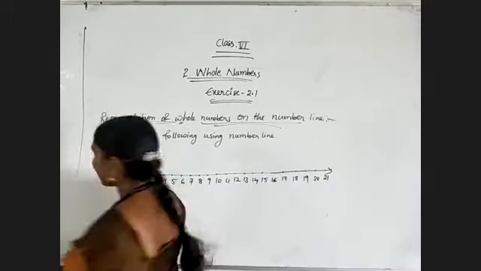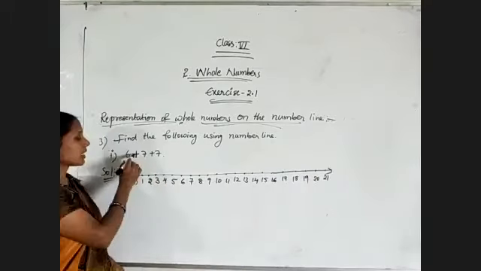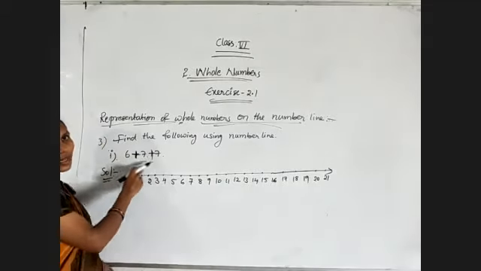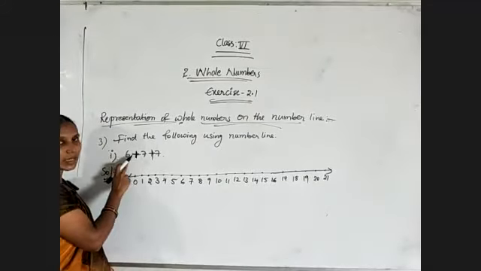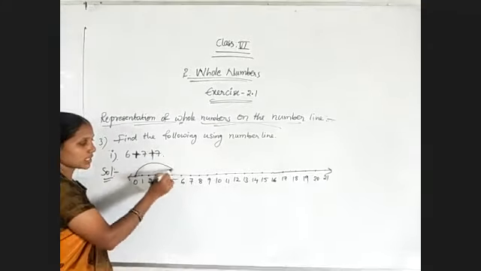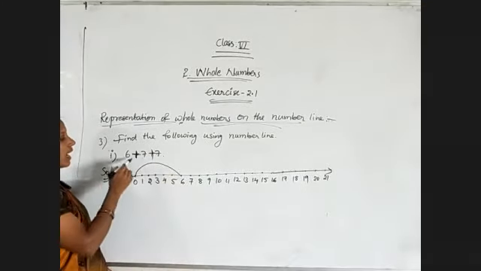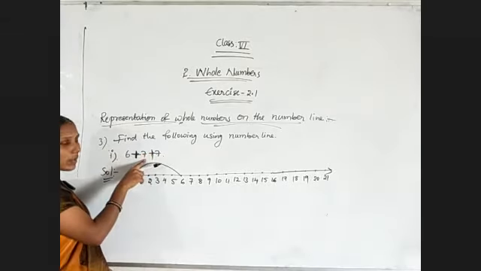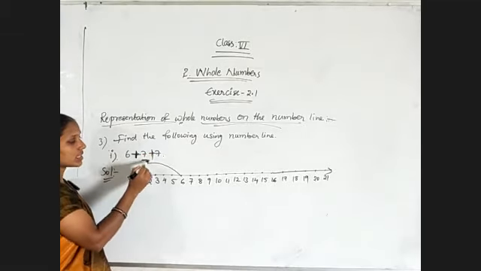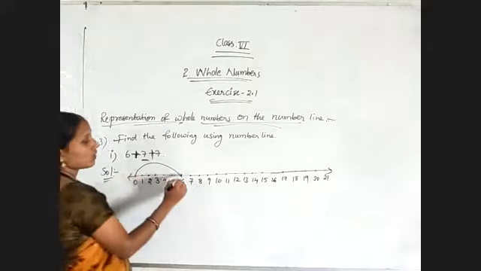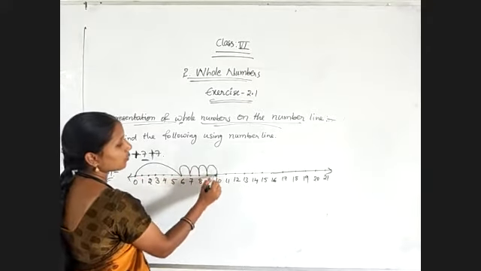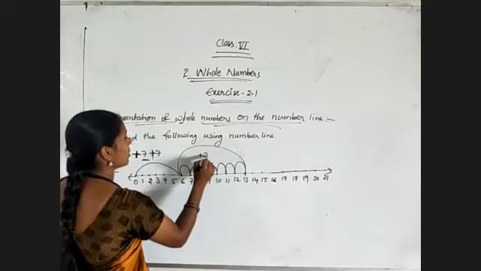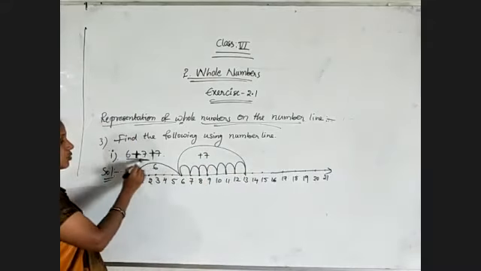Now my first number is 6. So in case of addition, we can take not only 2 numbers, more than 2 also we can take. So my first number is 6, 0 to 6. Okay, and plus, so because of plus, I have to move forward. By how many steps? This is the next number. So 7 steps. 1, 2, 3, 4, 5, 6, 7. So this is plus 7. And it is 6. These two finished.